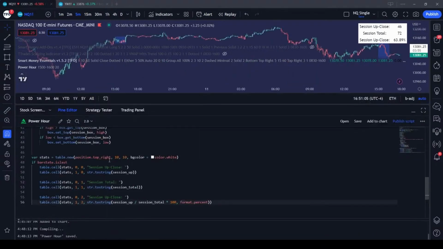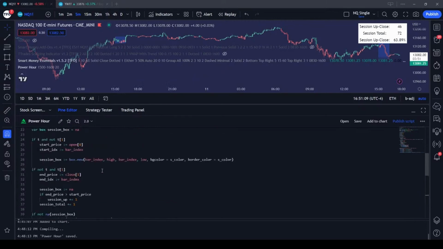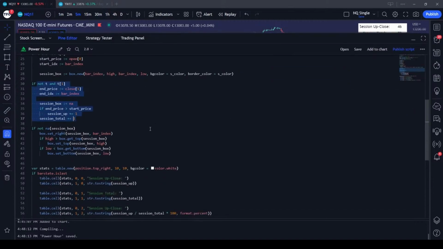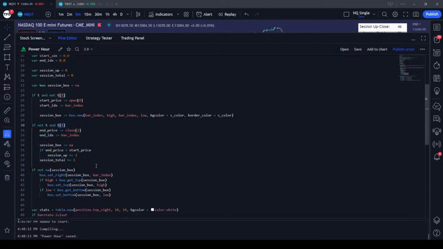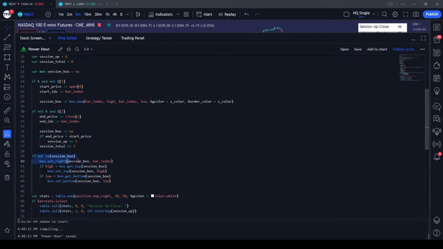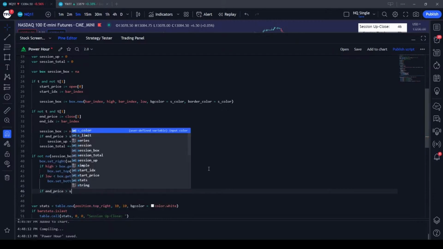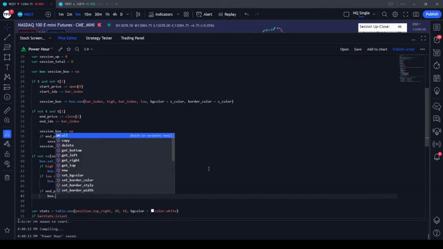Bar state equals last. So we're going to do that in this loop right here, because that's when our session is ending, right? We have T is not valid, and it was just valid 1 bar ago. So if not NA session box, we could say, rather, if end price is greater than start price, and we can say box.set